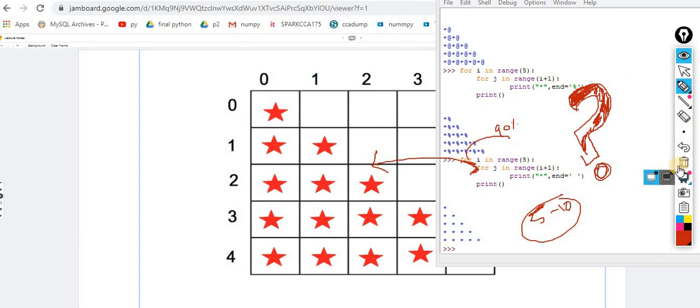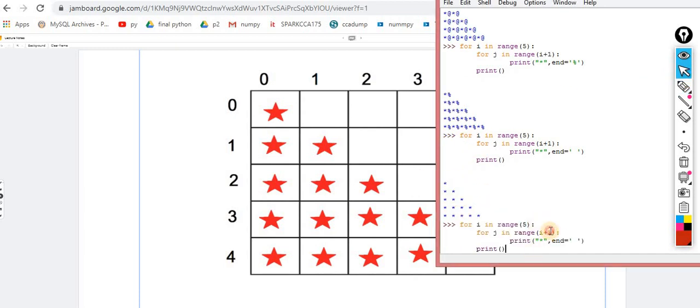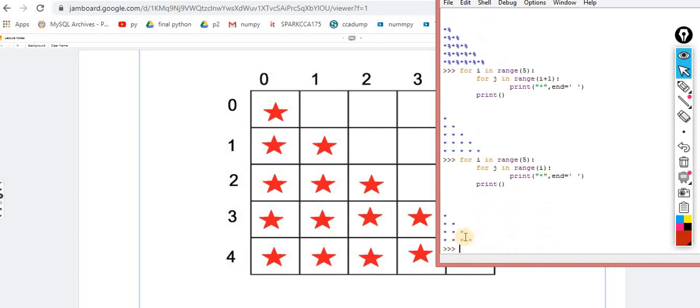Okay. Output would be the same. Now understand it. If I don't use it, what exactly is happening? Okay, now understand it. Output would be the same, but you can observe the length is a little less. Okay, here on the first iteration it does nothing. Here it does only 1. Here 2. Here 3. Here 4. Okay. The output is the same.